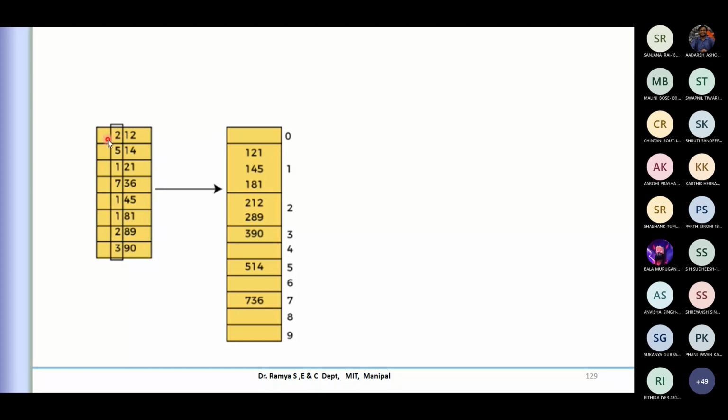And this sorting happens to be recursive. I can call this repetitively. That is the advantage with radix sort. So the complexity happens to be in a different form, depending on the radix system, the base of that.